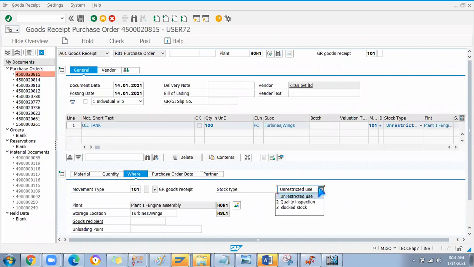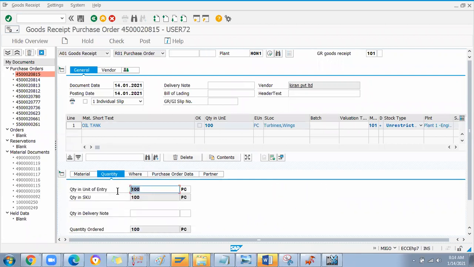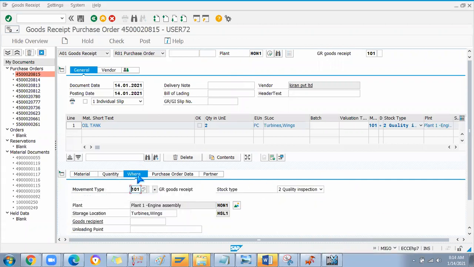For example, now I want to move this stock to quality inspection. Not full quantity, just two pieces, two pieces for inspection. It's a sample. Just imagine we have to take this as sample inspection. The vendor supplied two numbers for inspection to our premises. You have to take such a kind of business scenario.